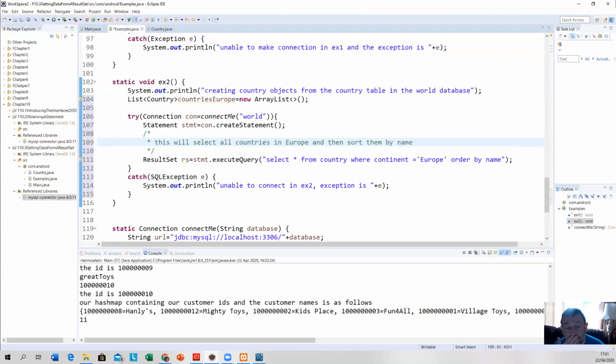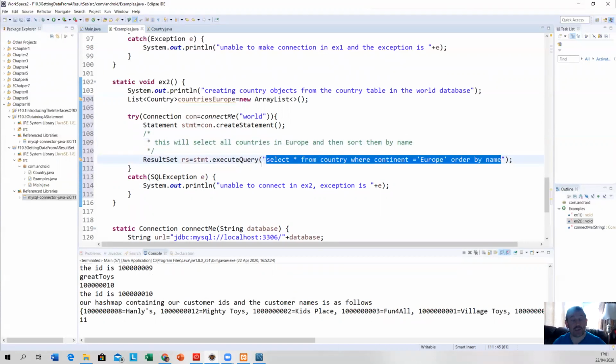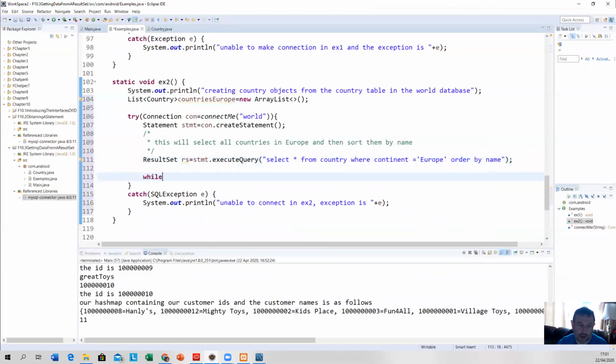This is pure SQL code, so you're running SQL code in your Java. Now I'm going to go while. This is why I said the builder pattern probably would have been handier here, but we're going to do it as creating an ordinary